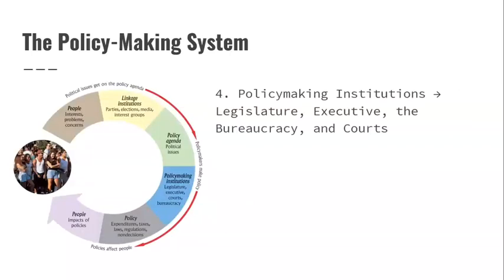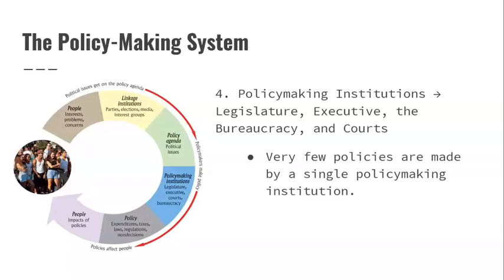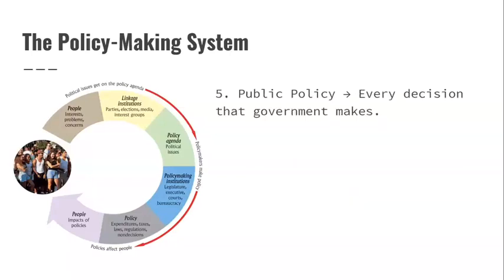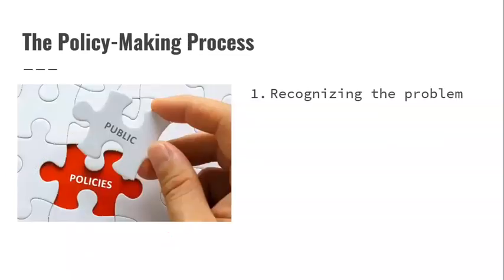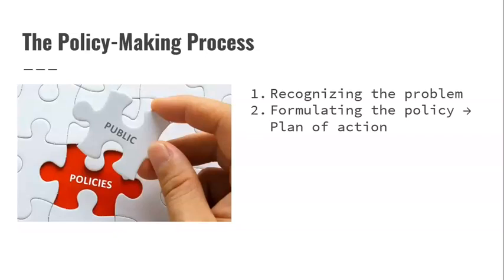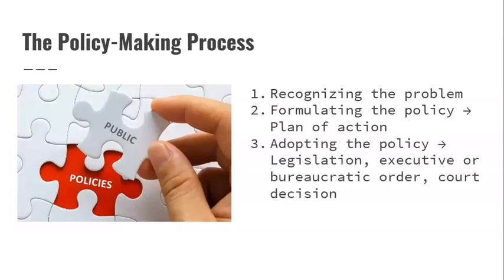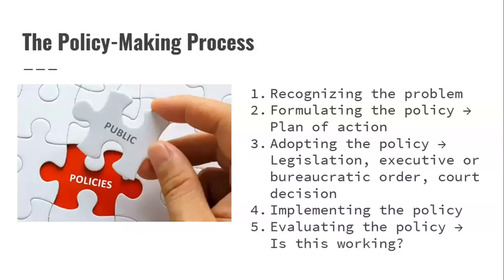Next part is the policy-making institutions. Again, we see our branches here, the legislative, executive, and the courts. Very few policies are made by a single policy-making institution. Public policy. Every decision that the government makes is impacted by public policy. Policy-making process. Recognizing the problem. Formulating the policy or creating a plan of action. Adopting the policy. Implementing the policy. And evaluating if it